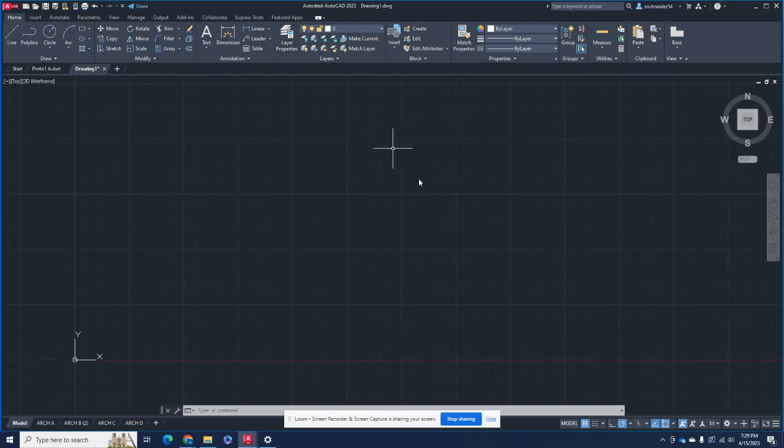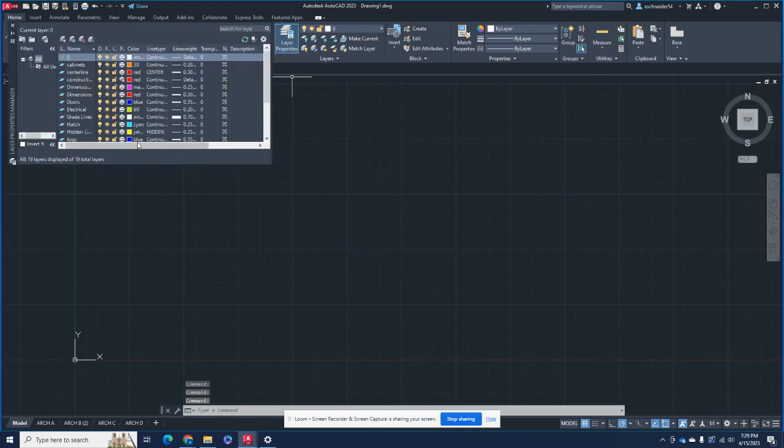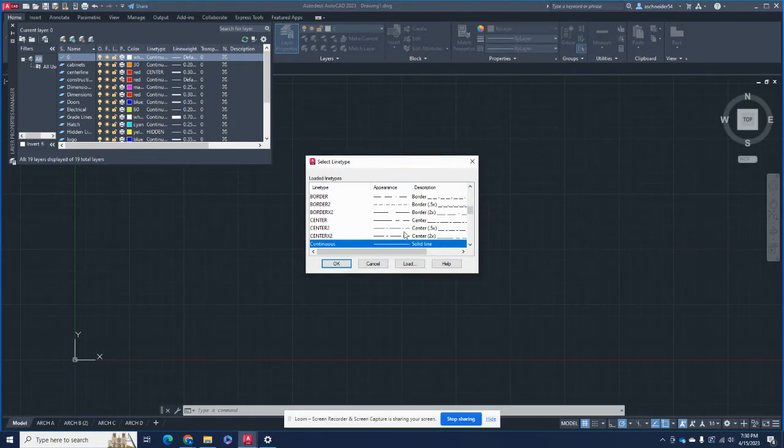I have a previous one pulled up of many different types. Well, these are actually layers, but line types are here. Go into this. You can see we have a massive amount of different line types available to us. And a lot of these are mainly dashed lines and dotted lines, but some are a little bit more obvious